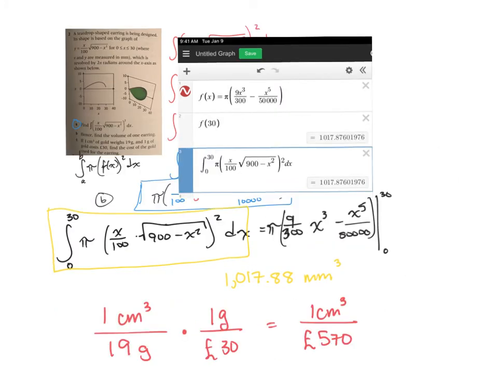Set this ratio up. And this is not calculus, this is just ratios. So 1 cubic centimeter is 19 grams, 1 gram is 30 pounds. Those grams are going to simplify and you'll get 1 cubic centimeter for 570 pounds. And if we then need